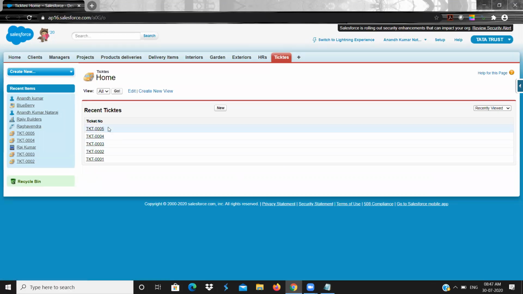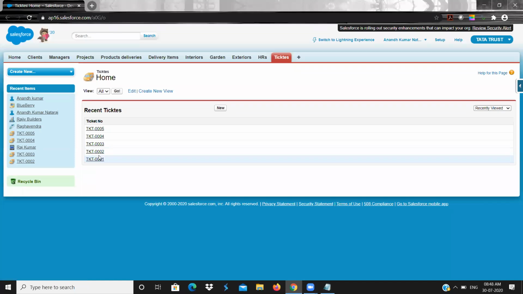Consider that in 3 of these records some salesperson is working, and in these 2 records another salesperson is working. In that case, the 3 records the person owns should be visible to him, but these 2 records should not be visible to him, because he does not own them, because he does not work on them.